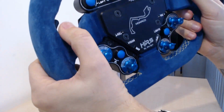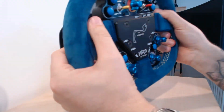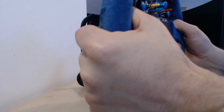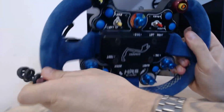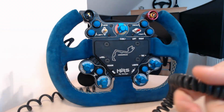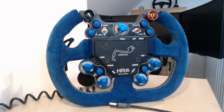The rim feels amazing in hand as well. It's one of those rims where you should really wear gloves, but it's a shame really because it just feels so great to hold the rim in hand. So yeah, it cost me about $1,600, which is about £890 in sterling. But that's what you pay for something like this. Is it worth it? For me, 100% yeah, because you get an awesome product, but the service that you get